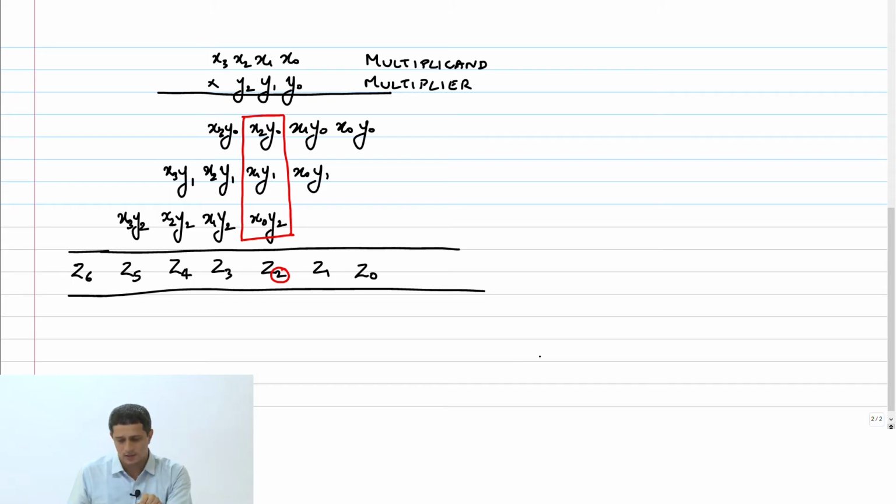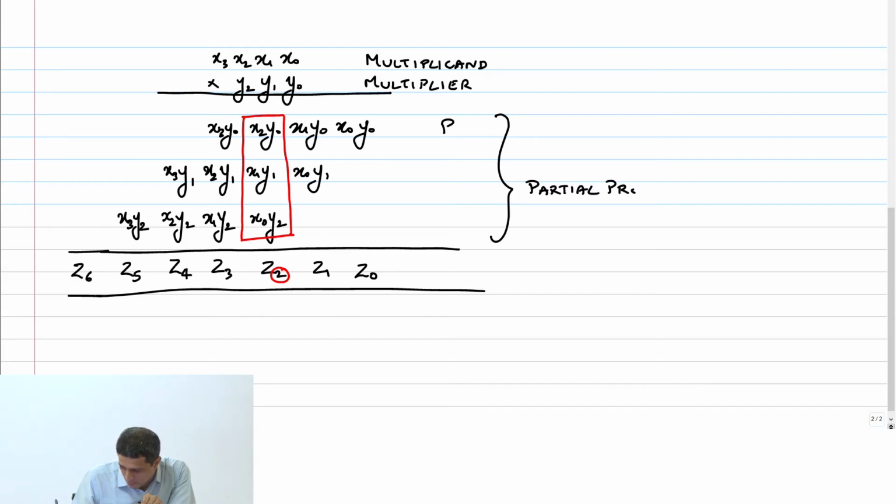And in the process, you generate what is known as partial products. So this is PP0, PP1 and PP2.